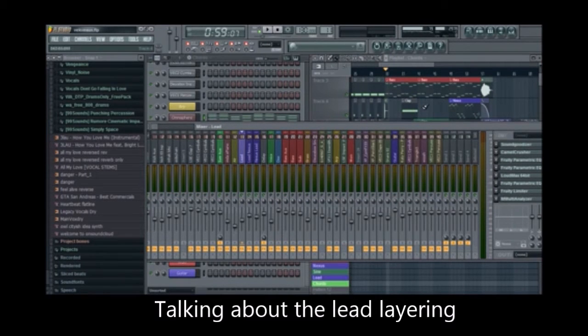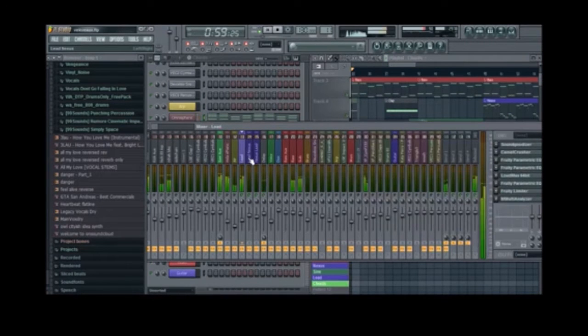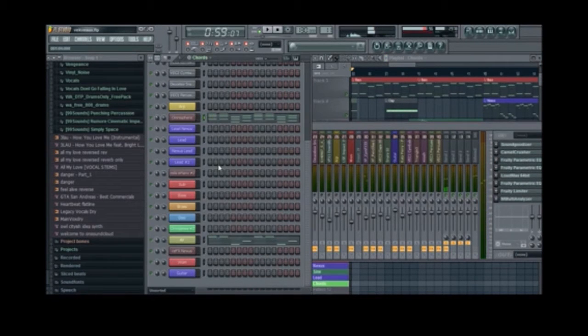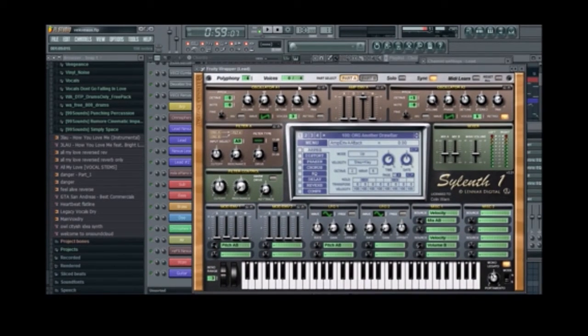You guys might get something out of this. It may, at least to some of you newer guys, sound like a lot, but actually it's super, super simple. And again, some of you guys are like, nah, it definitely isn't, depending on your skill level. But all it is is a saw wave. So what I have here is a saw wave, detuned a fair amount, 3 voices,